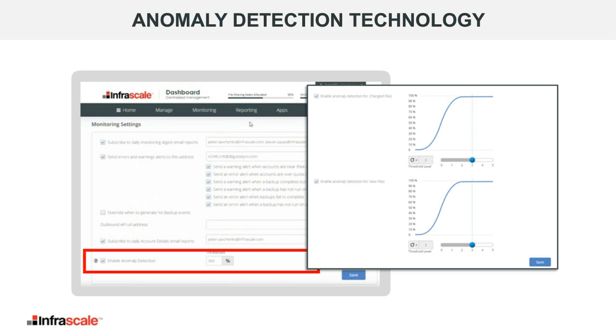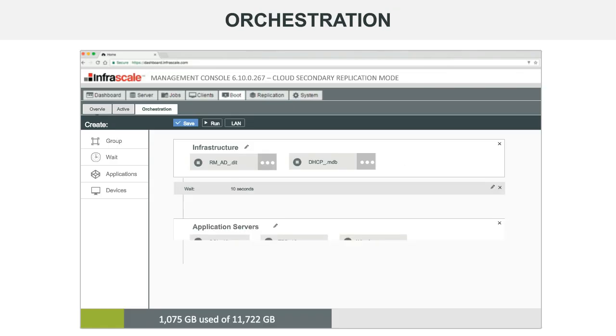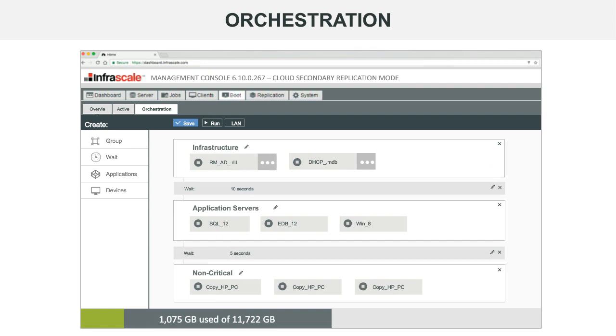And so another really critical piece of technology in our dashboard that I want to show you is orchestration. And this is one of the key differentiators in any DR solution, right? So we have this visual designer here in our dashboard for drag and drop orchestration functionality. And orchestration is so critical because it's going to deliver the orderly recovery of a server environment. So ensuring that all of those critical servers, applications, and devices come online in the proper sequence and based on